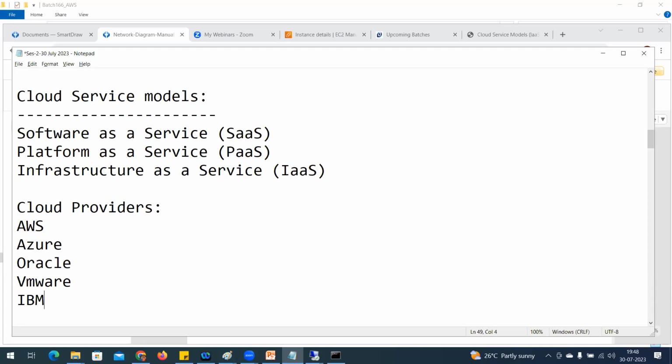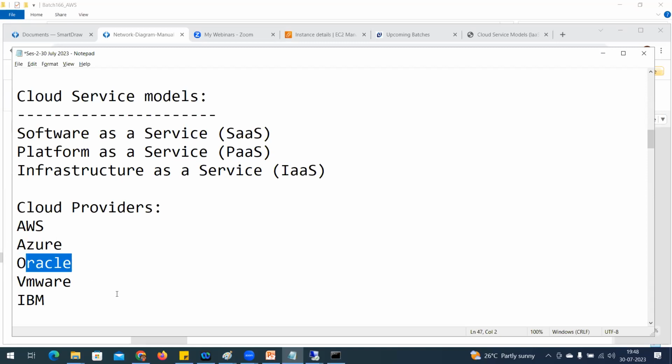According to user requirements only, I'm going with how many users, what is the solution they are going to provide, how they are going to provide. Based on this, they are going to choose AWS, Azure, Oracle, or VMware, IBM, different cloud providers.